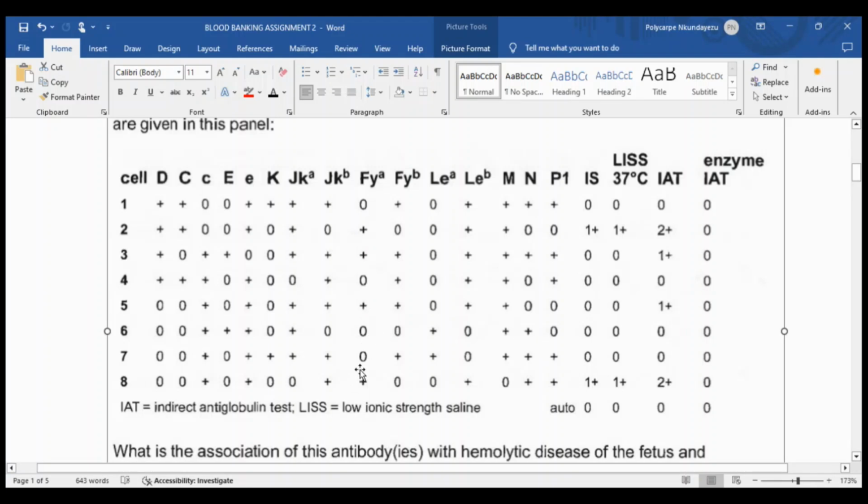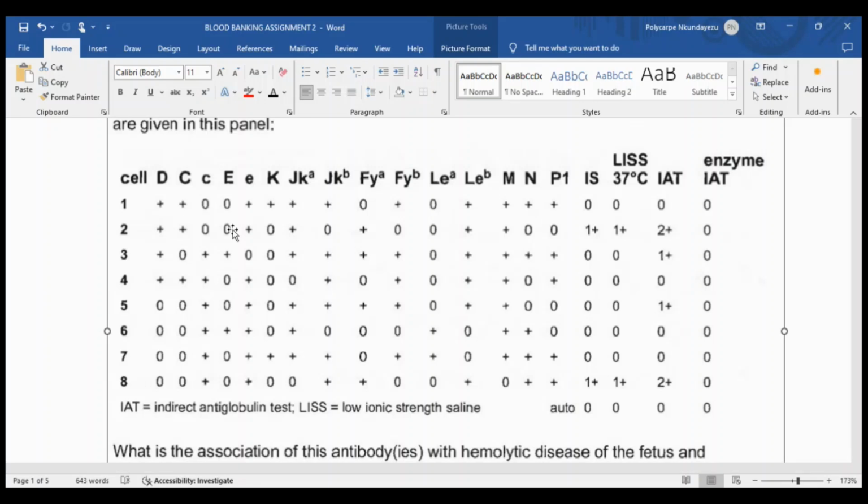So it means that where Duffy is present as antigen, there is a reaction. But where Duffy is absent as an antigen, there's no reaction. But as you look at E, sometimes it doesn't matter whether it is present. Maybe there is a reaction because it is together with Duffy. That's okay. But where it is absent, sometimes there is a reaction, but it is also absent. So which means